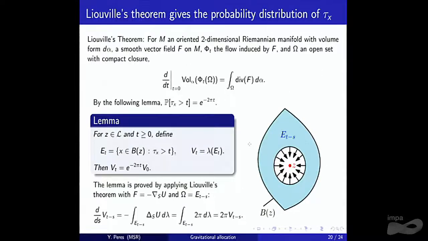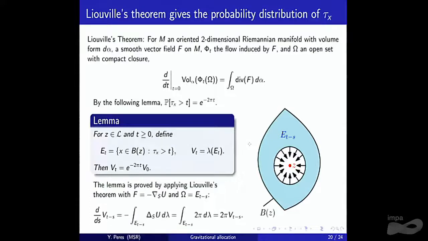So this is roughly the reason for the exponential distribution. It comes from a beautiful theorem of Liouville, here stated in more generality than Liouville would state it. You can find in Arnold's book on the mathematics of mechanics an explanation of this Liouville principle. It says if you have a smooth flow applied to a region omega, and you want to see how the volume of the flow behaves, it's going to grow,